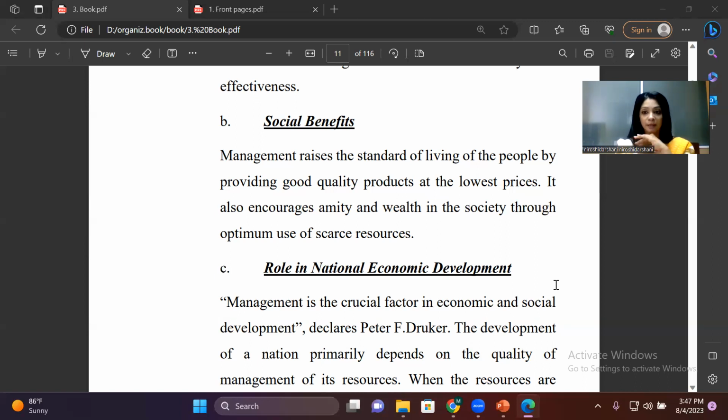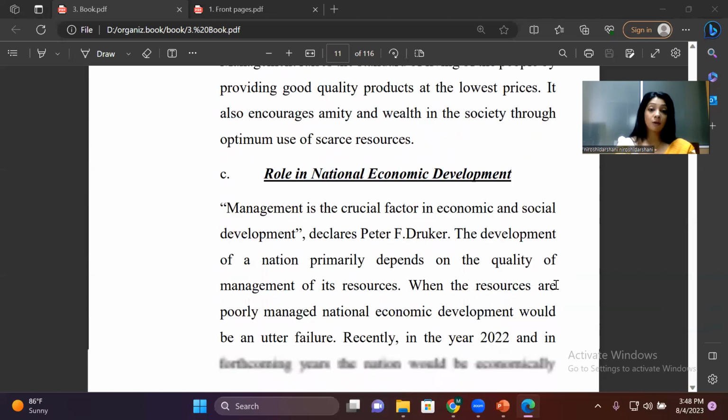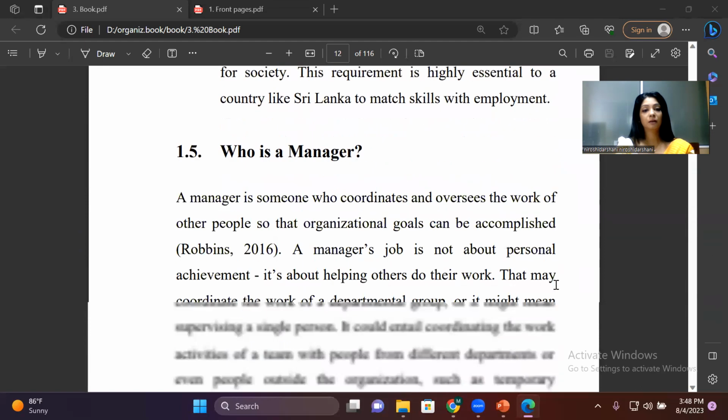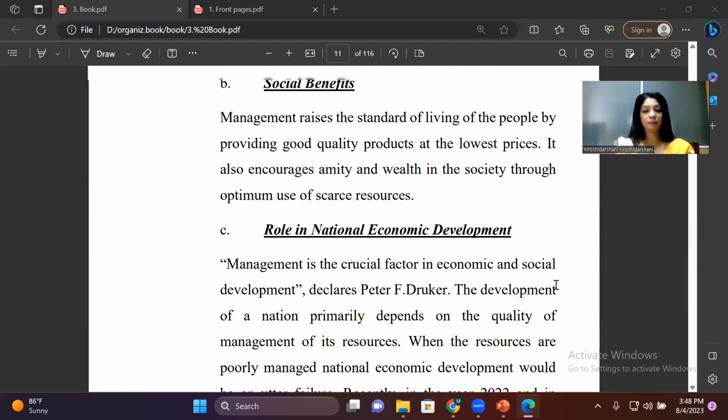So that is the quality level we expect. Even if it is broken, we do not have to worry about it. Likewise, you would have to think, when organizations are manufacturing products at the lowest cost, they can provide quality products according to the customer's perception. So it is an important thing.